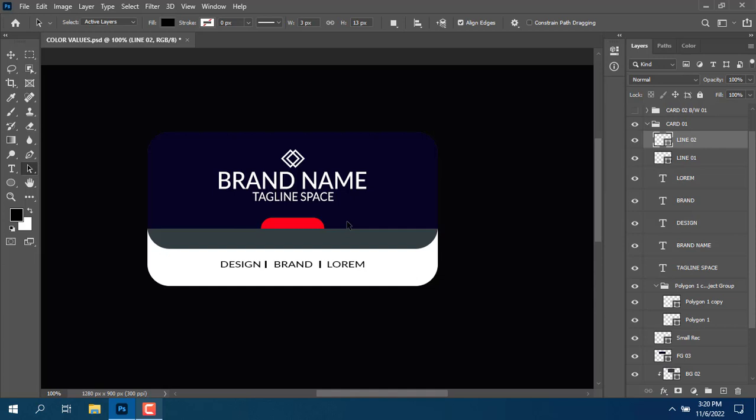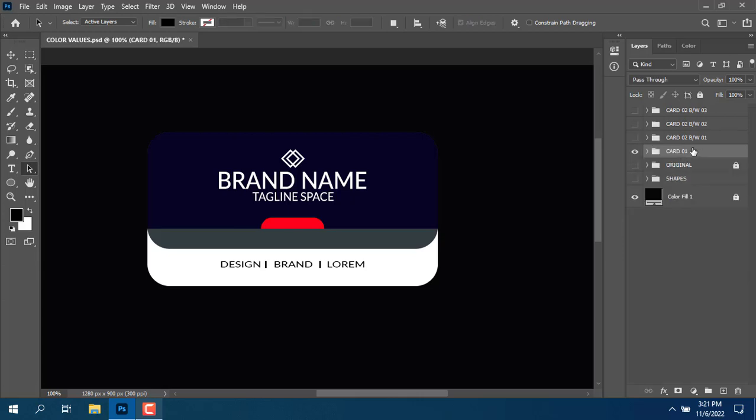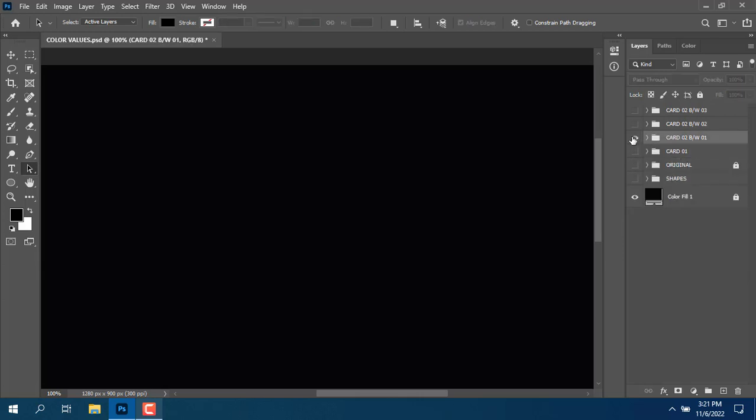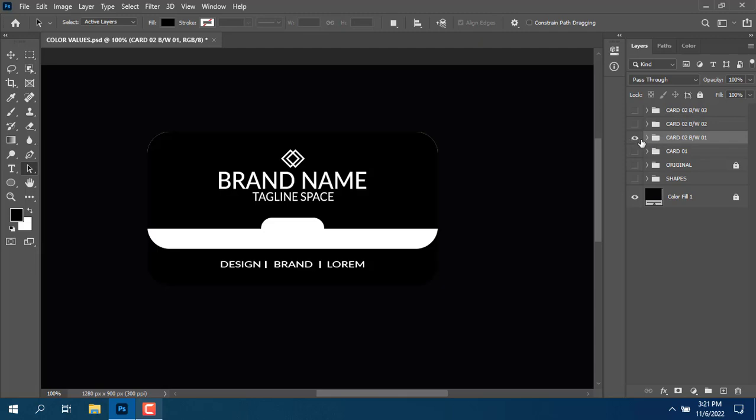So with just a few clicks, we are able to change the look of the card we have on the screen to the look it has right now. I will collapse this group and then also disable it. If I click on the layer group here to enable the eye icon so that we can see, you can see it is still the same design we corrected a moment ago, but I designed this using black and white